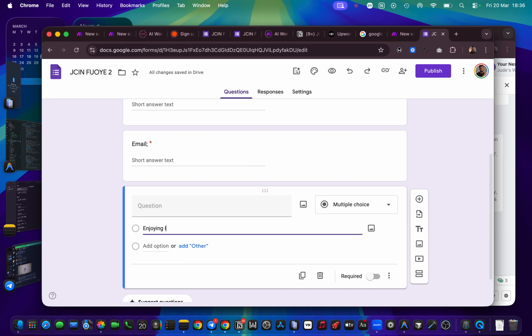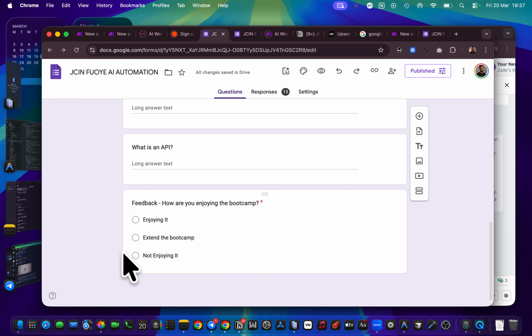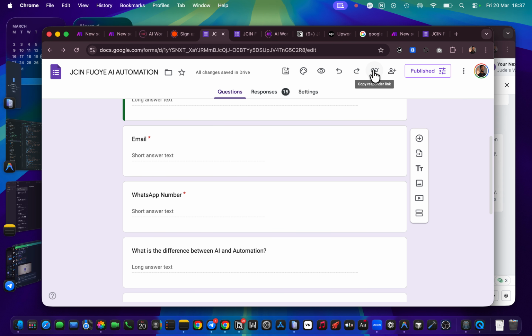We added another option. I think that was extend it, and so on. So we added 3 here, and that was what made us have this feedback here. So you can see that we've been able to build our form, and I sent the link out for people to test it, to input their details, and we got 10 responses yesterday. We have 5 more, and we're going to use these 5 also in this class.